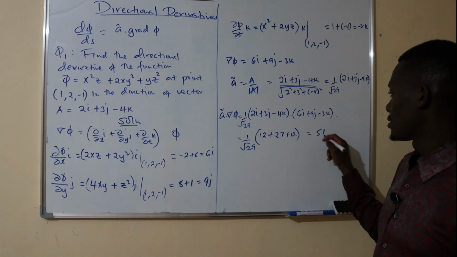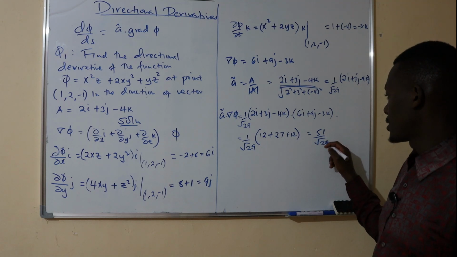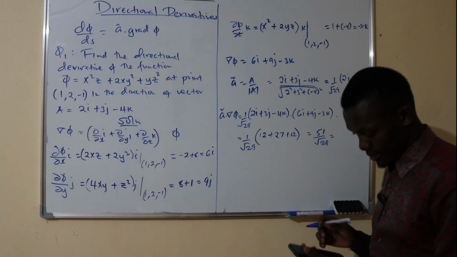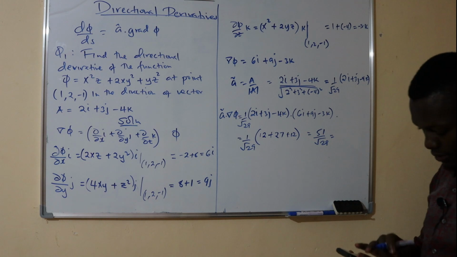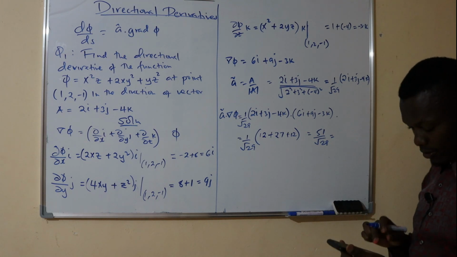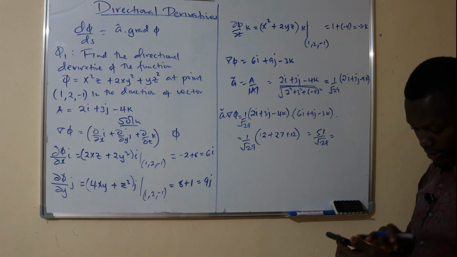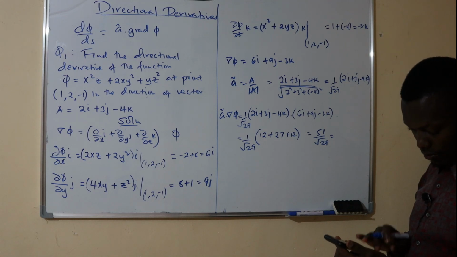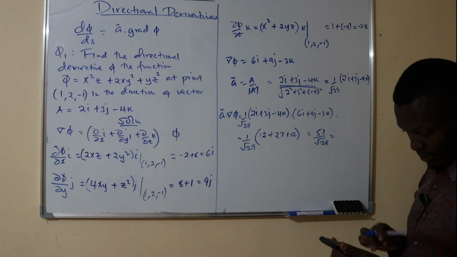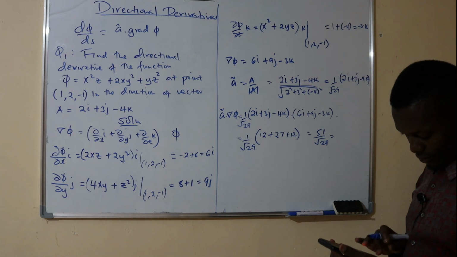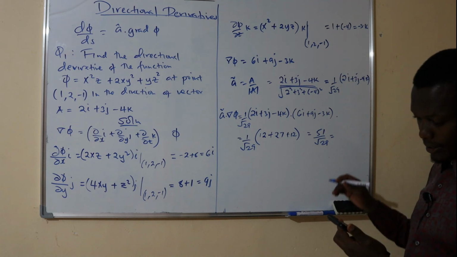It gives you 51 over root of 29. And what is the answer to that? Sorry, today I forgot my calculator, so this one will work for us. Divide by the root of 29, and my answer will be